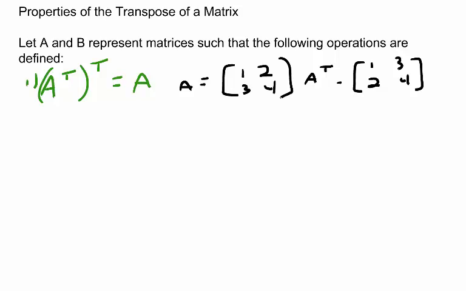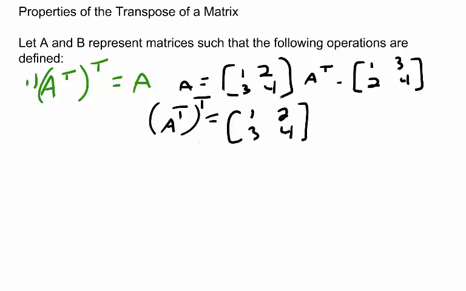Now the transpose of the transpose, that is A to the T to the T, is equal to 1, 3 for our first column, 2, 4 for the second. And as you can see, that's identical to the original matrix. So that property, the transpose of a transpose,